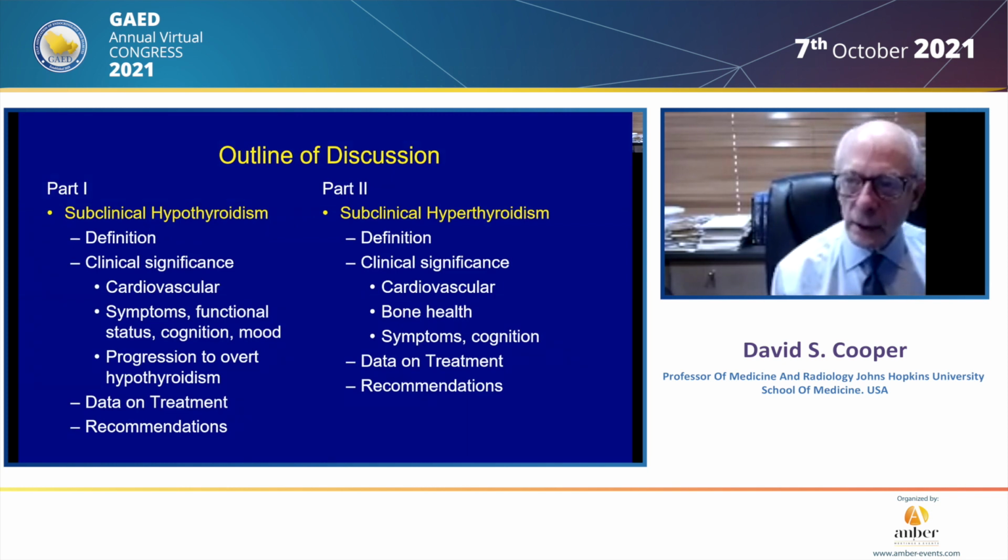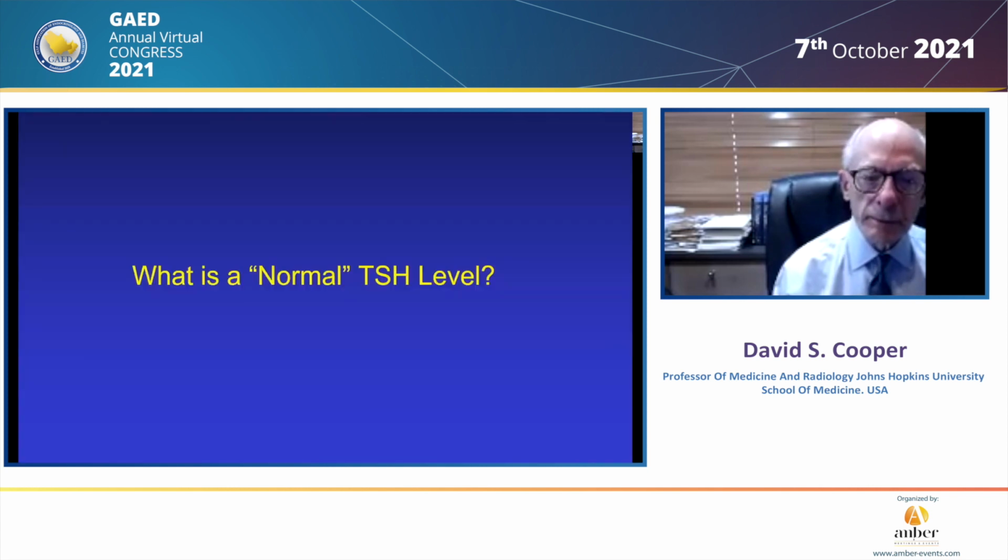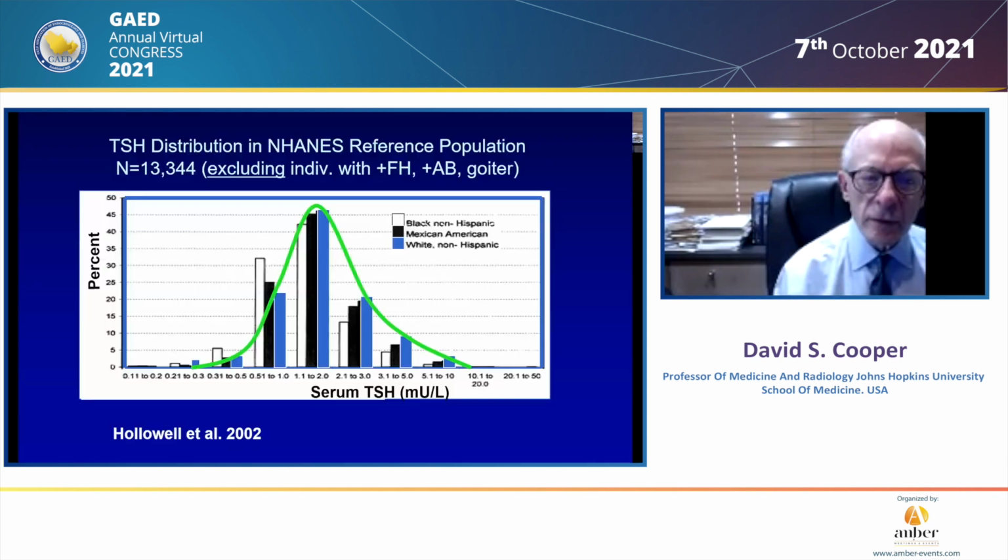You'll see that there are very much fewer data on treatment of subclinical hyperthyroidism compared to subclinical hypothyroidism. So before we can talk about subclinical thyroid disease, we need to talk about what a normal TSH level is. And of course, you're familiar with data like this from a large epidemiologic study in the US called NHANES, of